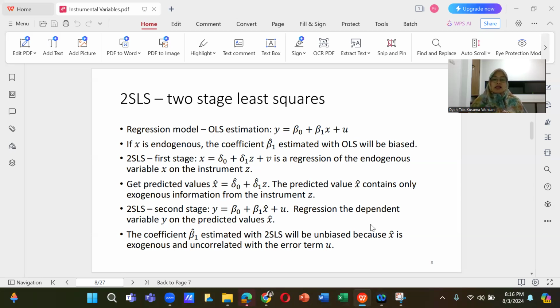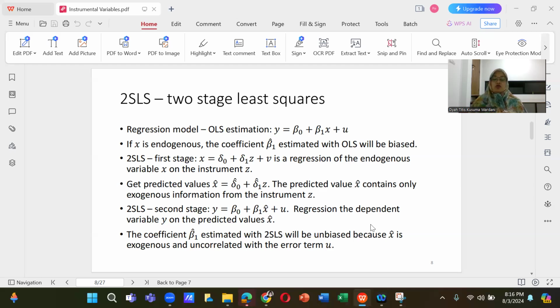In the 2SLS first stage, x equals delta 0 plus delta 1 z plus v is a regression of the endogenous variable x on the instrument z. Get the predicted value x hat equals delta hat 0 plus delta hat 1 z. The predicted value x hat contains only exogenous information from the instrument z.